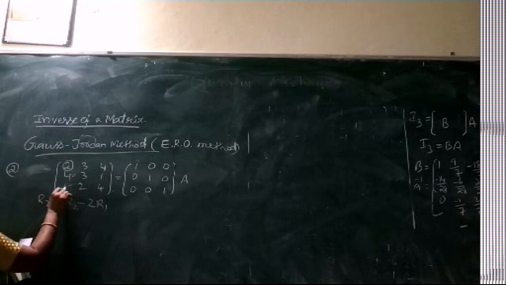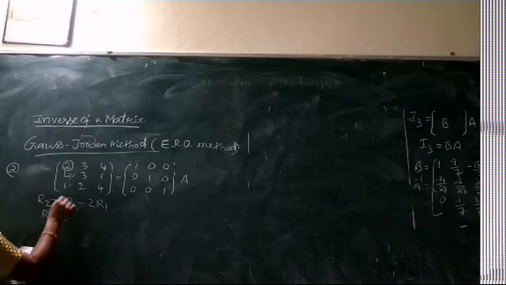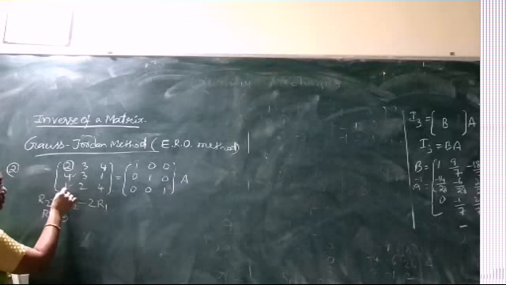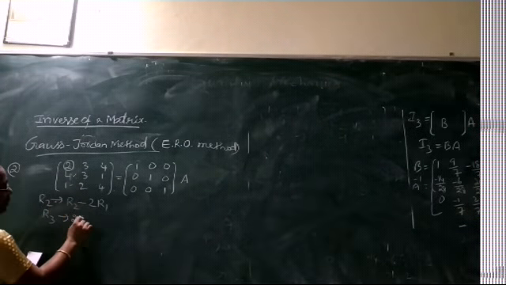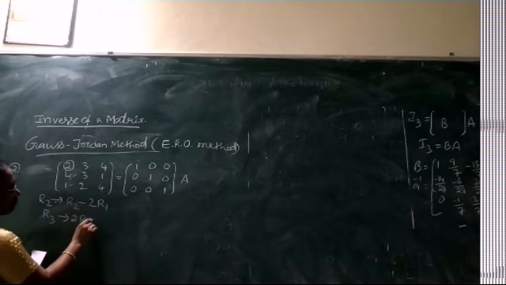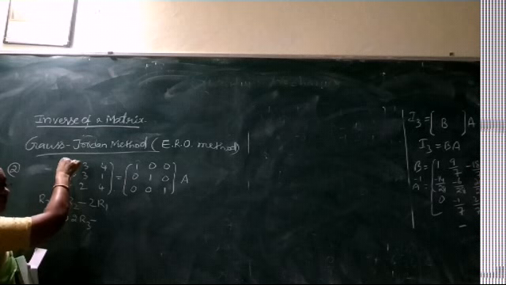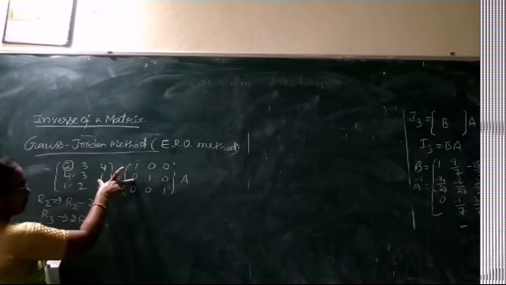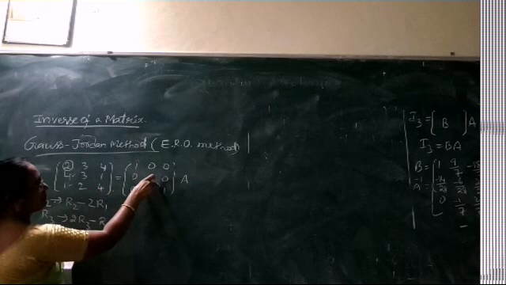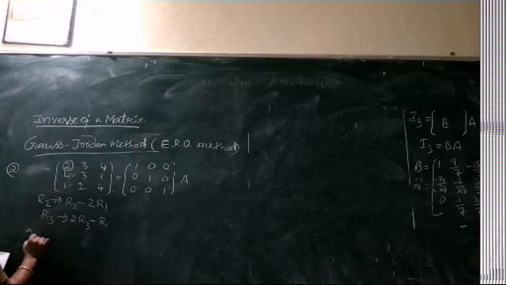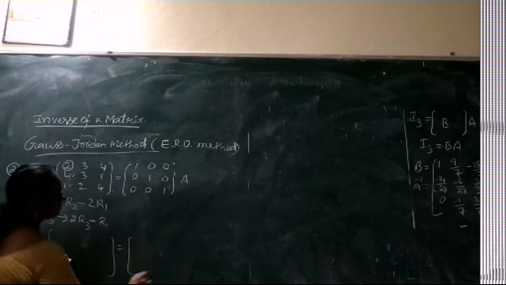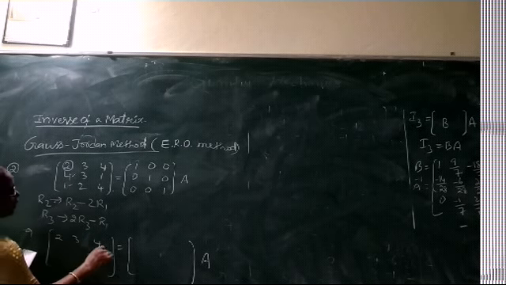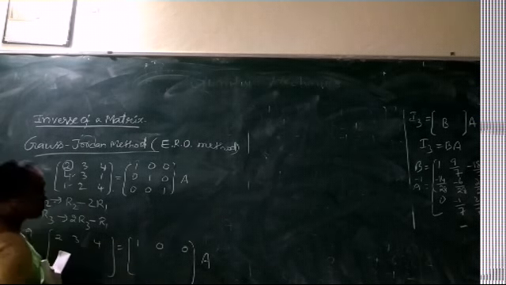Next, R3 is 1. To make this 1 zero using this 2, it has to be first multiplied by 2. So 2 into R3, minus R1. Using these two operations on the left matrix and the right side, the identity matrix I, what do we get? The left hand side, first row, is 2, 3, 4, no change. The right hand side is 1, 0, 0.